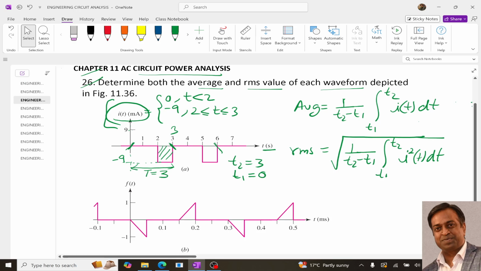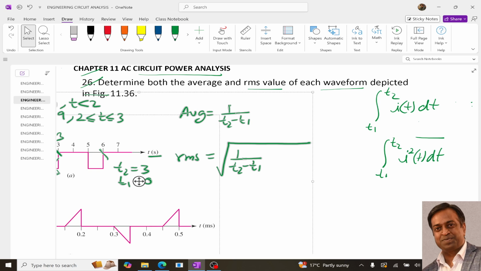Now, calculating the RMS value. If we look at the RMS value,